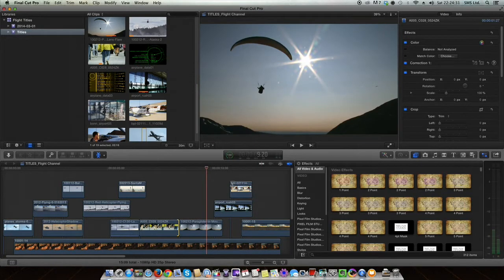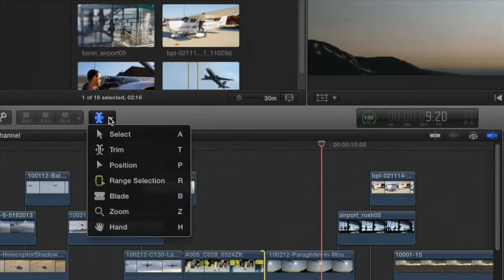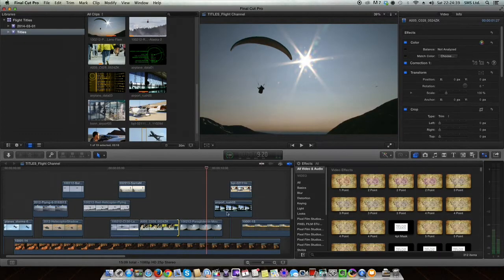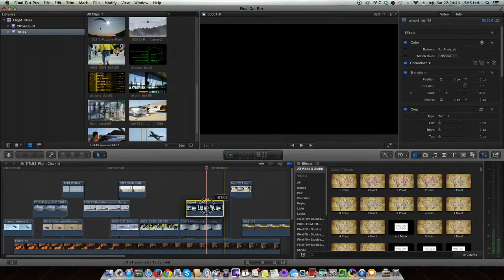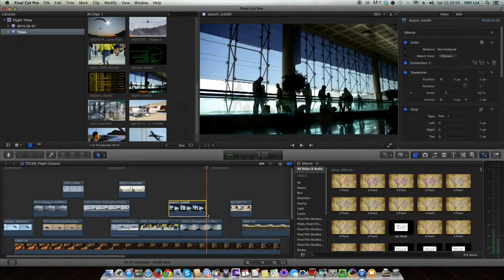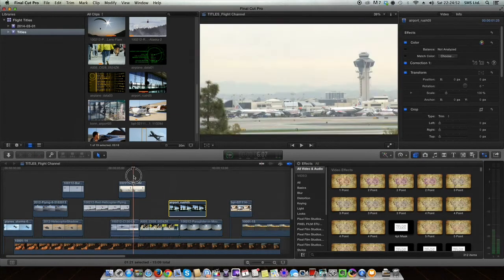So I'm currently in trim mode. So what I will do is I can either go into here and click the select mode, or hit the A key, which then enables me to select a clip and then drag it along and then put it wherever I want it to. Now I think that's probably the right place there. And now if I play this through,